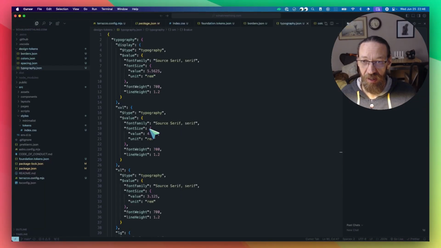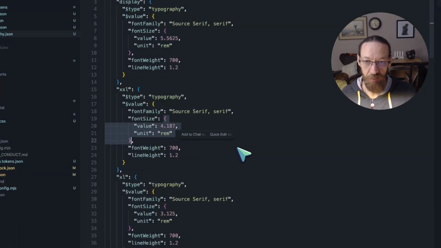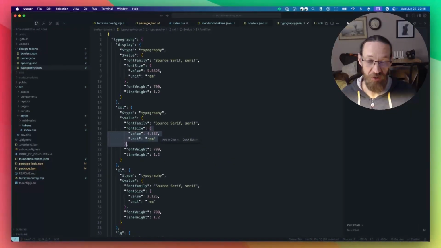So basically, my suspicion is that Style Dictionary isn't expecting this font size value to be an object. It's expecting it to be a string,